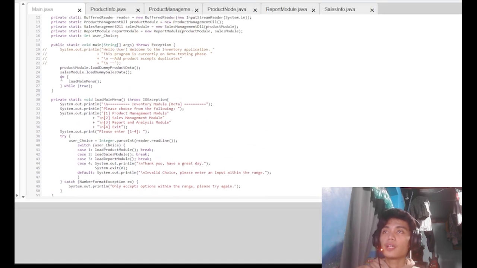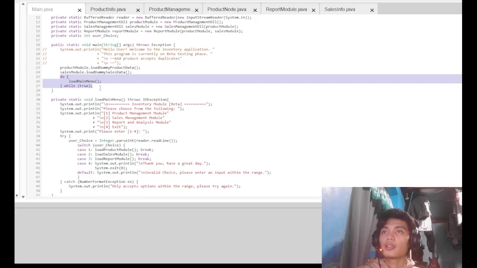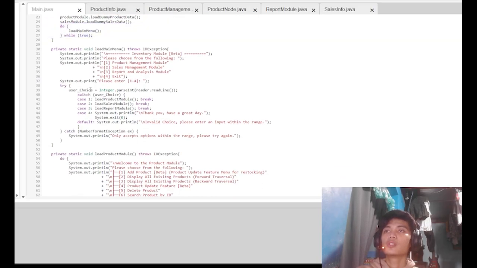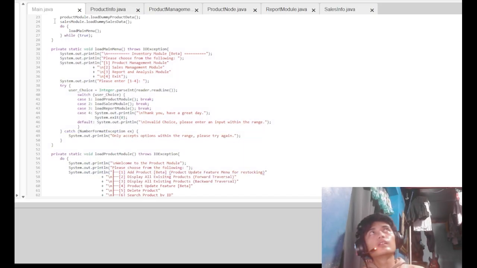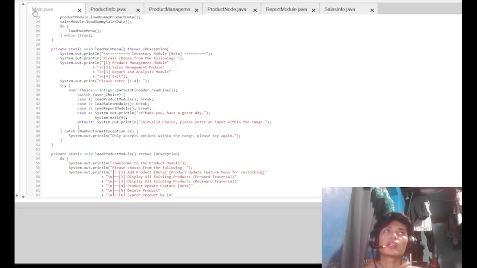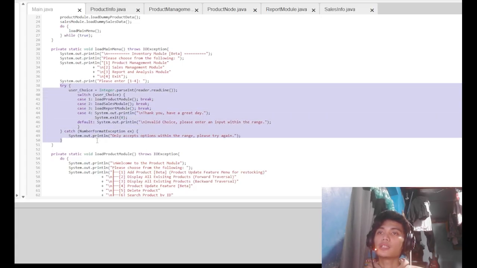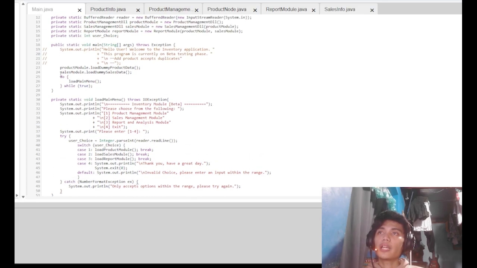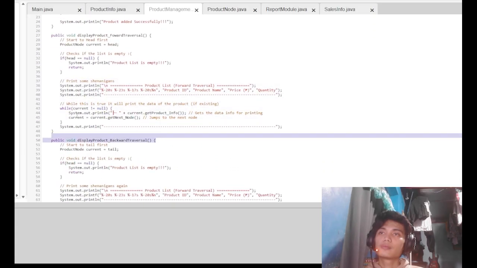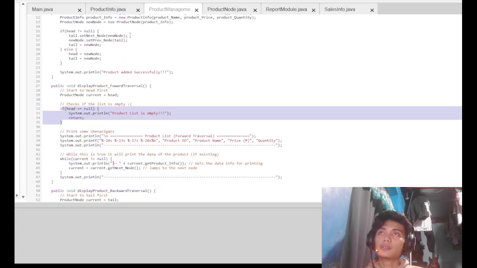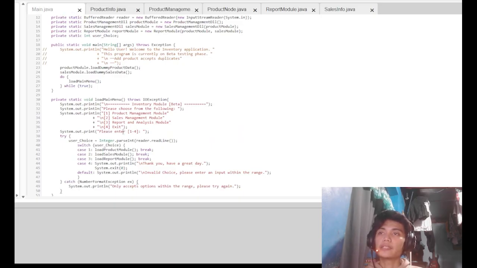I implemented a do-while loop for loading the main menu so that every time the user inputs an error, whether it's a string instead of an integer or an ID that doesn't exist, it will just go back, with the use of try-catch for input validation and checkers for all our methods in the respective classes.